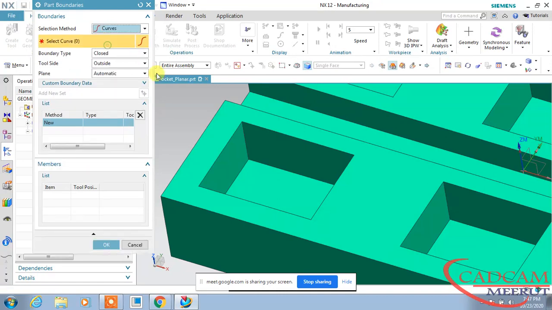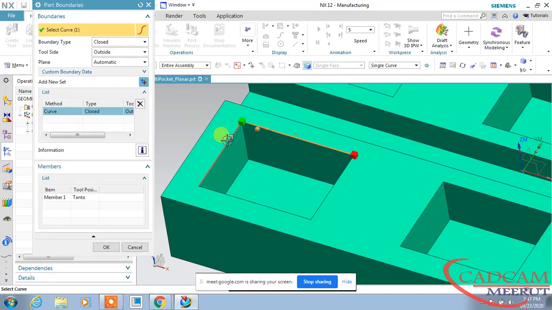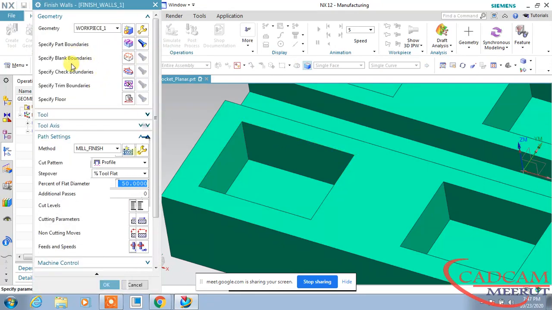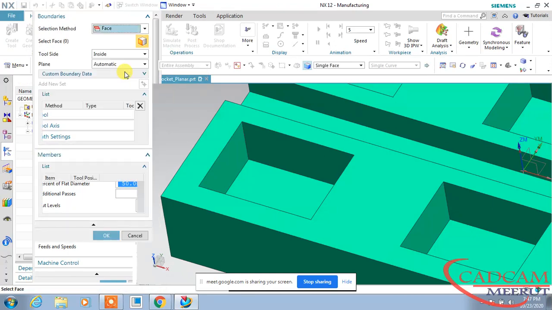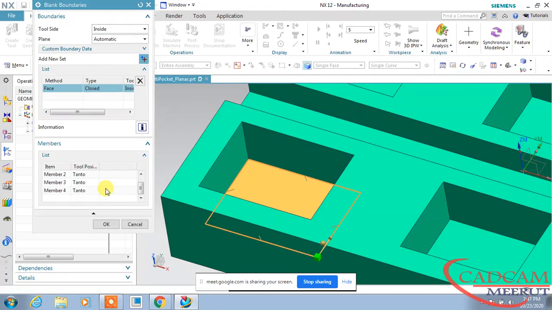My part boundary is this, and tool side inside, click OK. And blank boundary, this is my blank. Tool inside, that's okay.